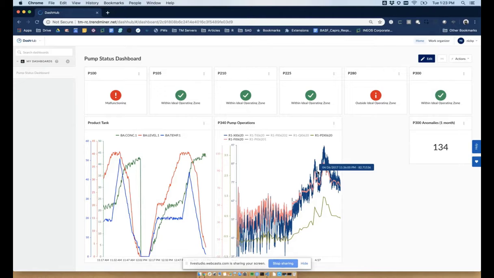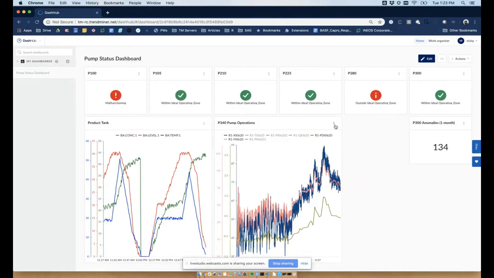So one of the things that's really important for us here is to set up and get an early indicator of when we might have to do that filter change. It's a little difficult to know just based off the differential pressure whether we have to change the filter or not, because there's some variations there based on what product we're running, what quality we're running, but most importantly, what rate we're running, because there's variability in how much this pump puts out.